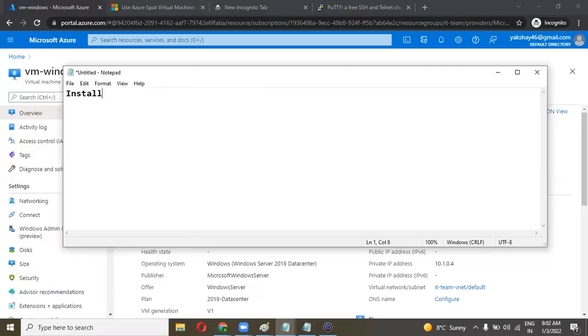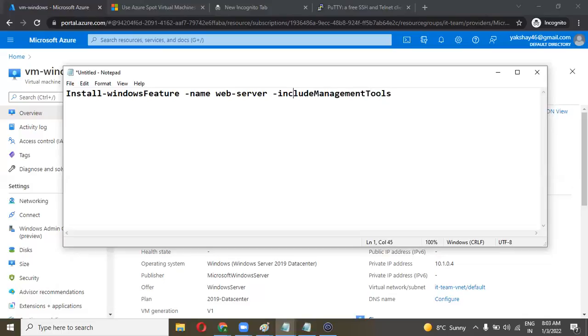Install-WindowsFeature -Name Web-Server -IncludeManagementTools.